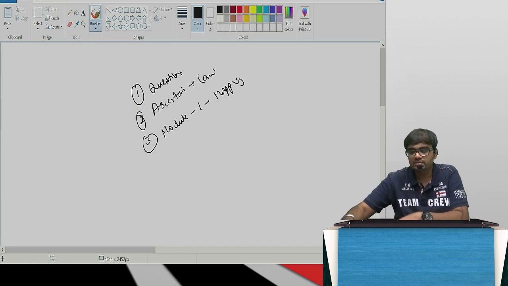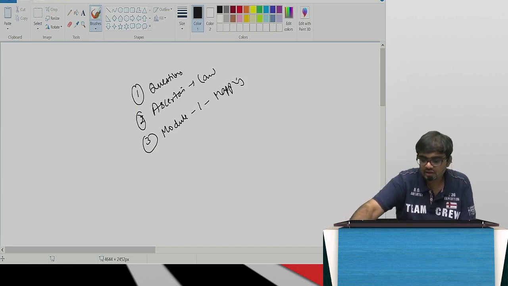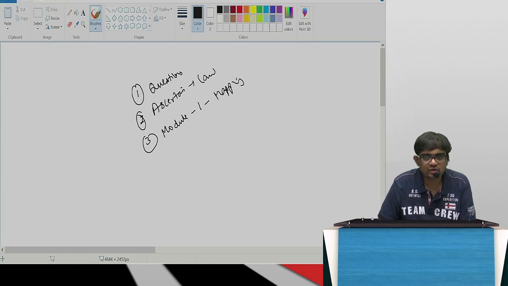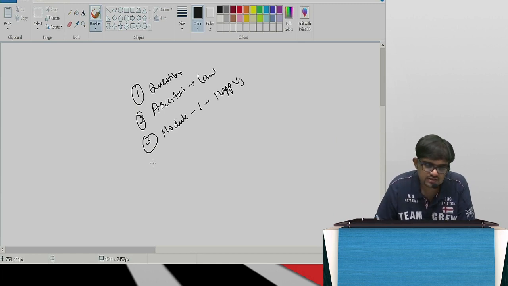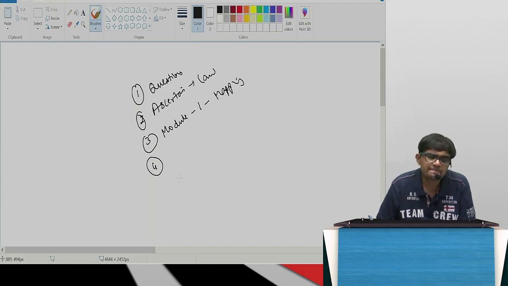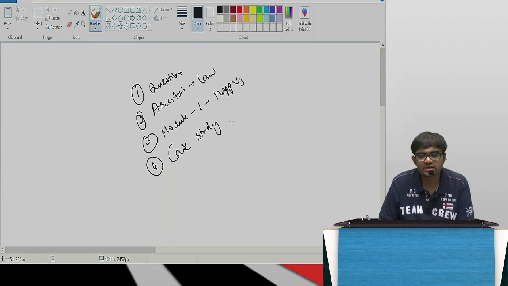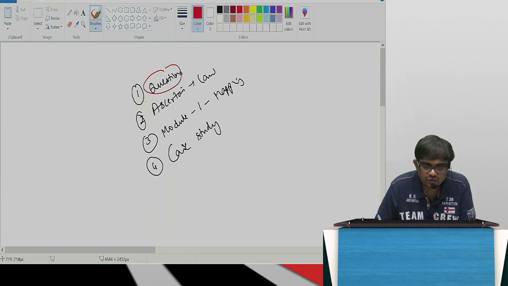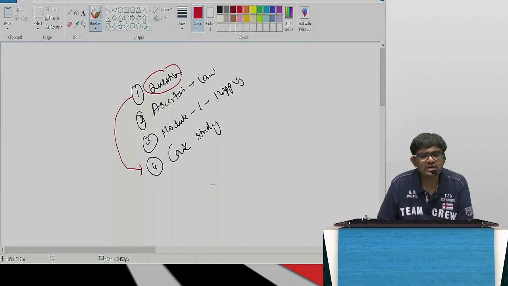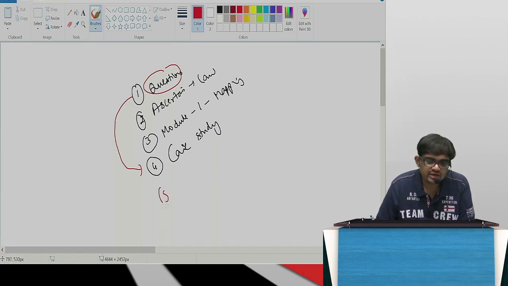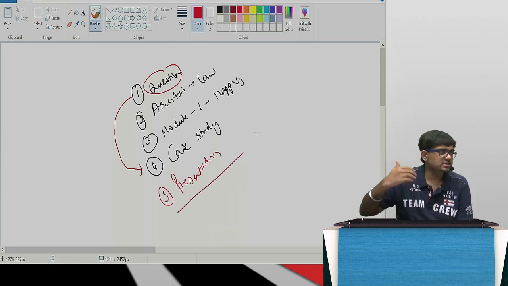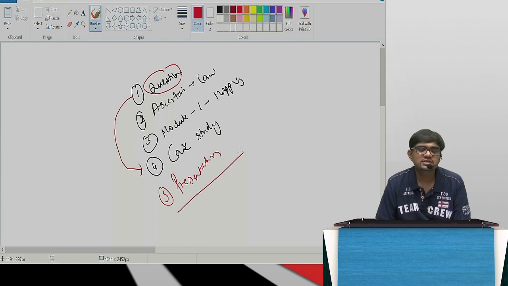See, it's an open book exam, so the methodology will be different, right? Some questions will be so easy that you can directly go. Some questions you have to do like this. After you figure out the mapping, some questions can be answered directly, some questions not. Then read the case study. Because you have read the questions, you would come to know which part of the case study is relevant and important. Then finally, your presentation. Presentation is what you'll have to do finally. So if you can figure out this methodology to write the answers, it will be very simple.